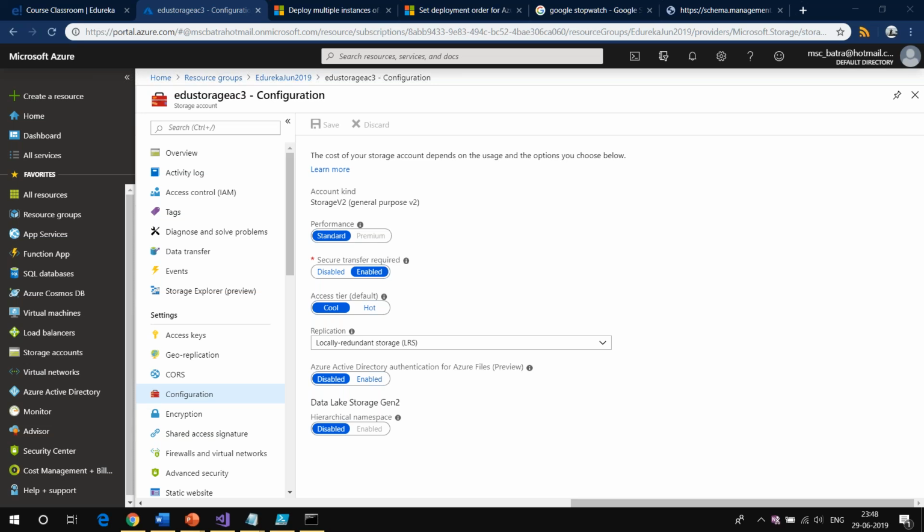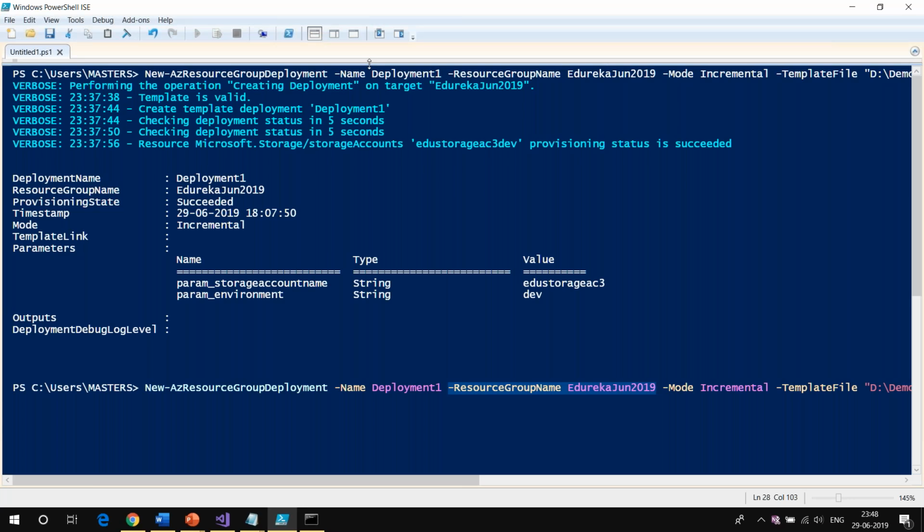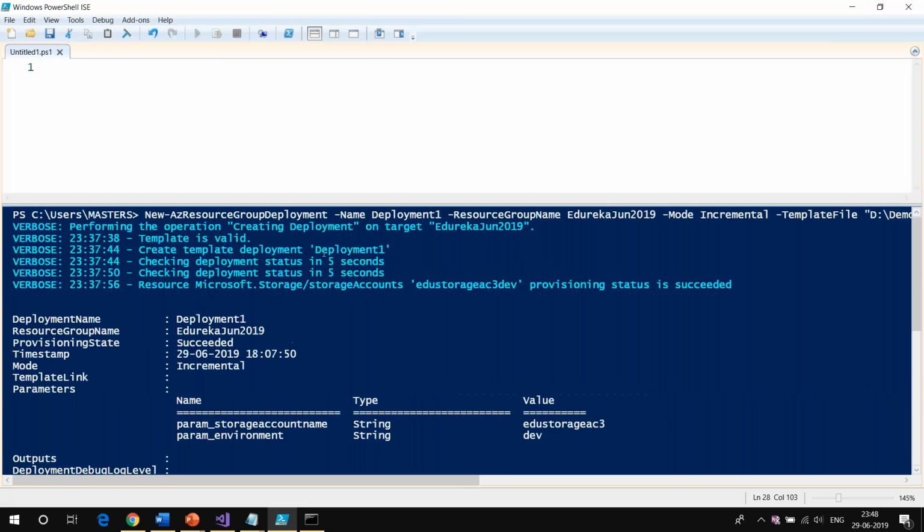Okay, and Abhijit is asking, can we have a script to prompt for the resource group name? Abhijit, if you want to prompt for the resource group name, then you have to build your own script. You'll have to write your own PowerShell script that will take the input first, then you can pass it as a variable. If I go to the PowerShell, now this is only writing a single command.